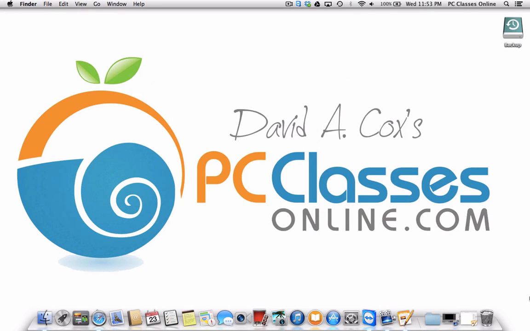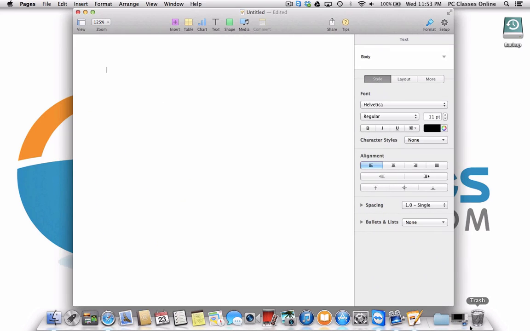Next, I'm going to share with you one of my absolute favorite features of Mavericks. And to do this, I'm going to open a blank Pages document just to demonstrate. Now, in the previous operating system, Mountain Lion, Apple introduced a feature called Dictation, which would allow you to speak to your computer and magically your words would appear on the screen. This was wonderful. It was a great achievement,